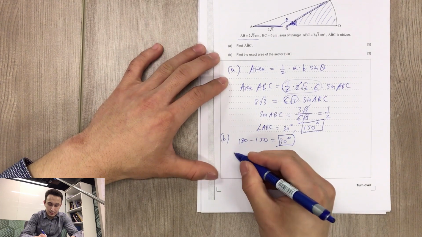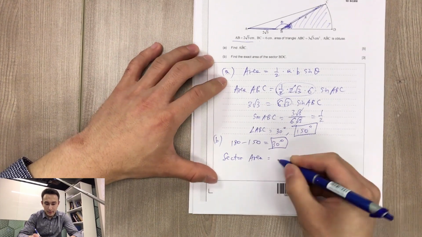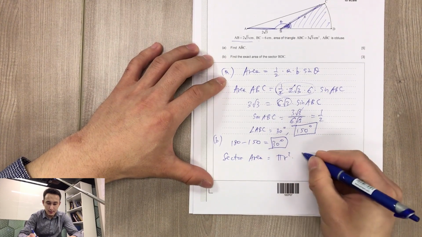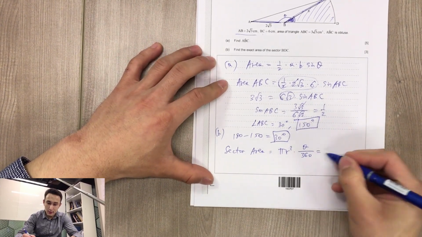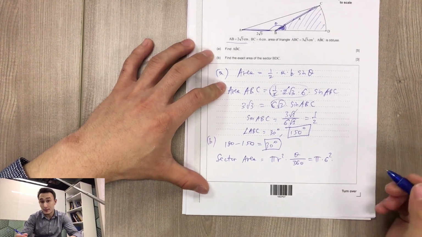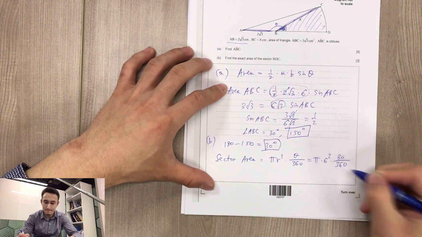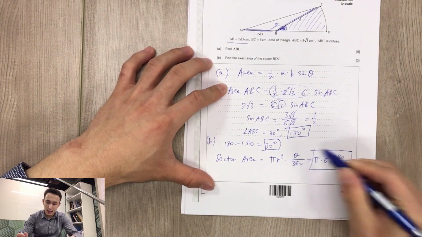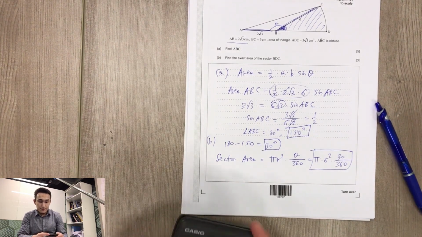So sector area is equal to pi r squared times theta divided by 360. And in this case, the radius is 6 cm, so pi times 6 squared times theta, in this case of the sector is 30 degrees, 30 over 360. So using calculator, calculate this quickly, and it's going to be equal to